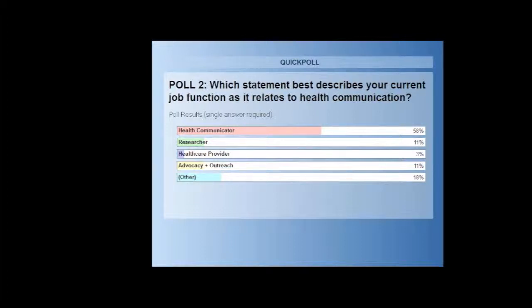So as you can see, we have plenty of health communicators on, which is wonderful, but I'm also really excited to see the rest of the spread. Researchers definitely play a part in taking this tool and making it better, applying it to different studies that you might be conducting to help evaluate a communication campaign. Healthcare providers, I'm really glad that we have some on there. Being a nurse myself, I know that it's always a challenge to communicate effectively, and if there is a tool out there that can help improve that process, it's one that's well received. So glad you're there. Advocacy and outreach is great too, and I'll be looking forward to getting your experience chimed in through the questions or comments that we get through this presentation. So thank you all for being here.